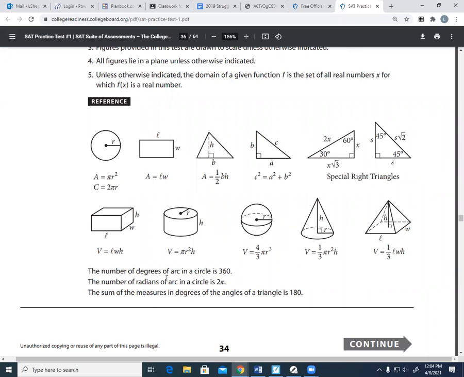It says the number of degrees in an arc of a circle is 360, and the number of radians of an arc in a circle is 2 pi. It's giving you a conversion rate here, but it's not actually telling you what the conversion rate is. It's telling you that in one circle, a full rotation is 360 degrees, and in one circle, a full rotation is 2 pi. So you can create your own little proportion